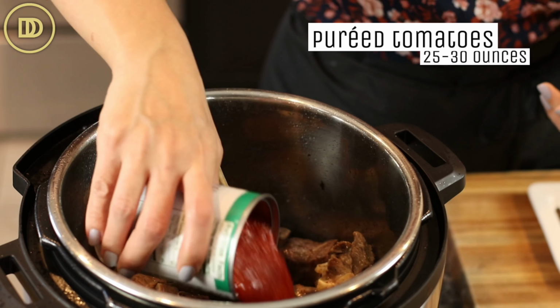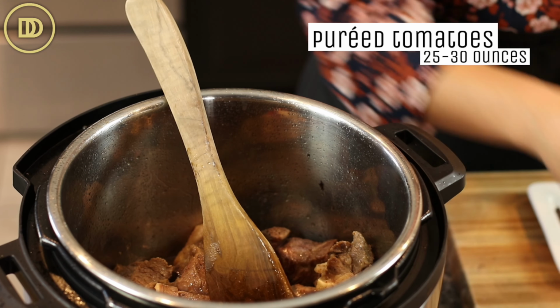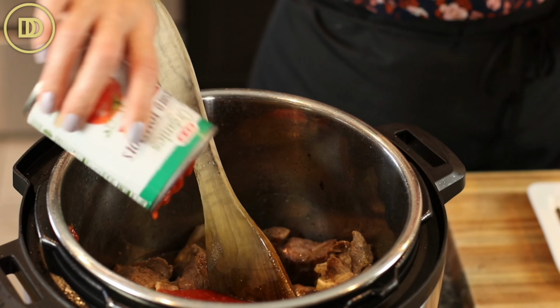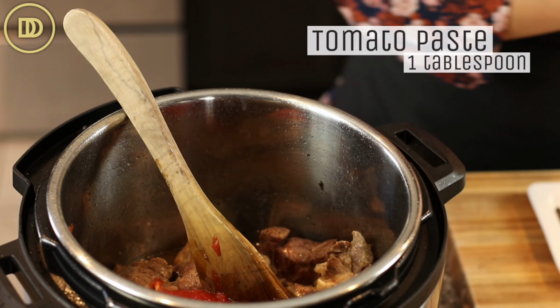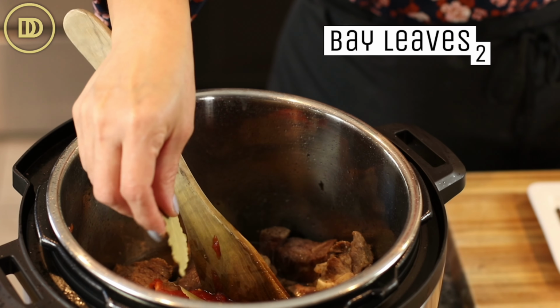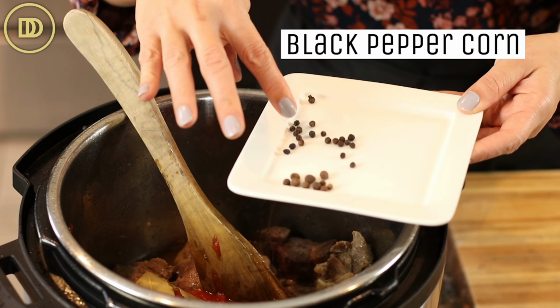Then you're gonna need about 25 to 30 ounces of pureed tomatoes. This is not tomato sauce, this is simply tomatoes that have been canned and just pureed so they're nice and smooth. And about 1 tablespoon of tomato paste to make it extra rich. A little pinch of crushed red pepper flakes, 2 bay leaves, 1 cinnamon stick, and over here I have about